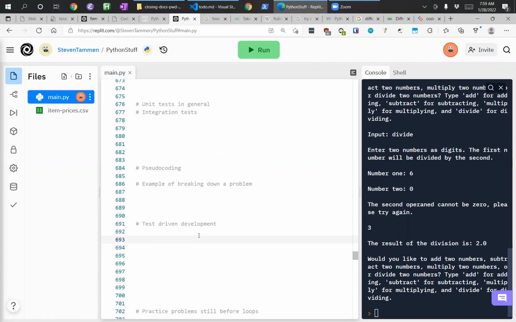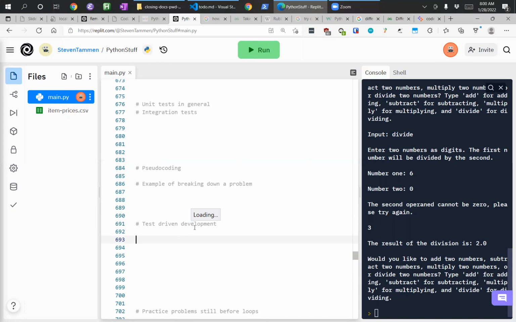If I give a division function 0 as the second operand, it should return a division by 0 error. That is the expected outcome of it. That's the behavior that I expect to happen. Well, if you set all of those rules up front, what you're doing is saying, in code, that my function does this thing, and it does this thing, and it does this thing. If you set your test up correctly, then when you actually run your code, you'll be able to know right off the bat whether or not your code works.